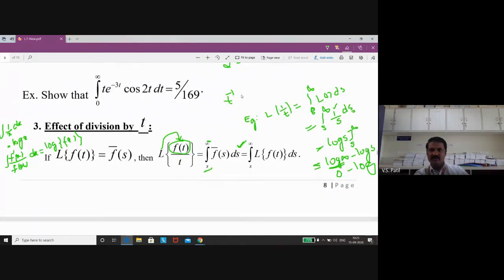This is just for understanding purpose, and whenever this comes, please concentrate. Nobody solved this example or nobody will ask this. If they ask 1 divided by t raised to n, don't write it as 1 divided by Laplace transform of t raised to minus 1, and don't try to use this gamma n plus 1 or n factorial formula. That is not applicable. Is that clear?